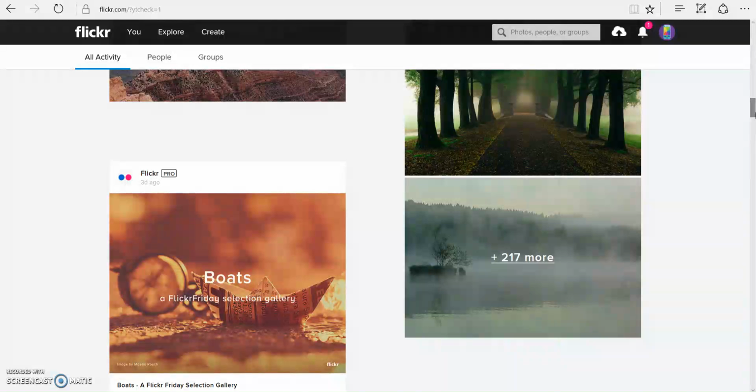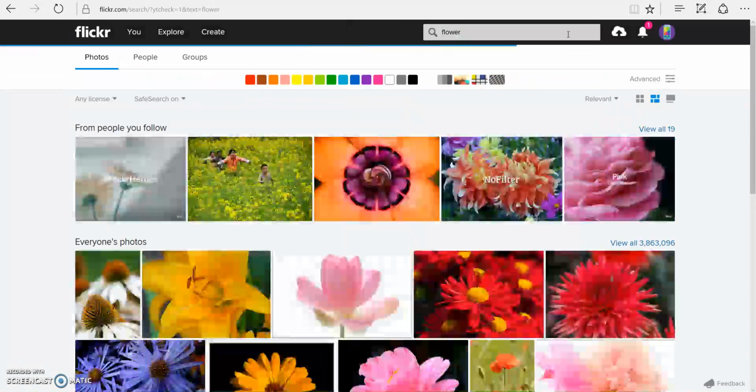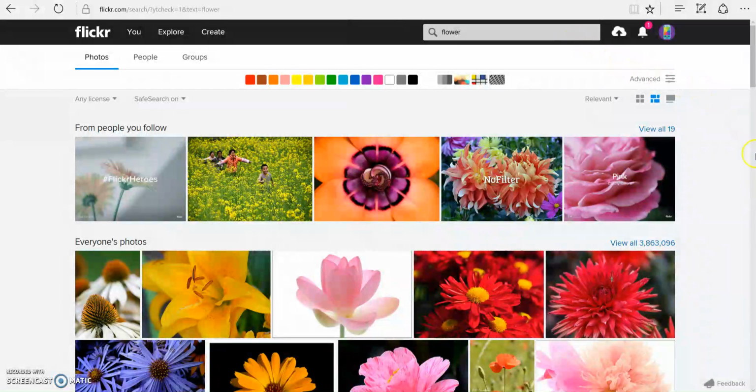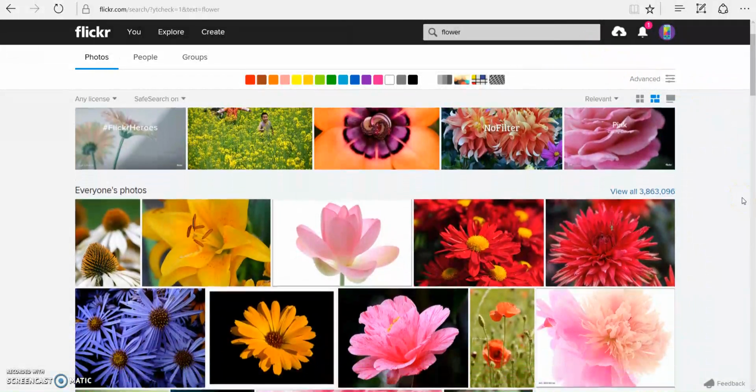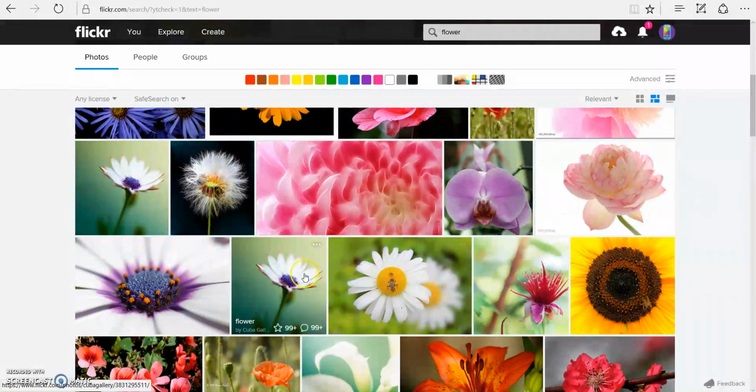Now, the most basic educational application for Flickr would be using it to find photos for visual aids in presentations or projects. So we'll start by searching up a photo. Let's say we want to find a photo of a flower. Here are all the options that come up. There are several photos. We can click on one,